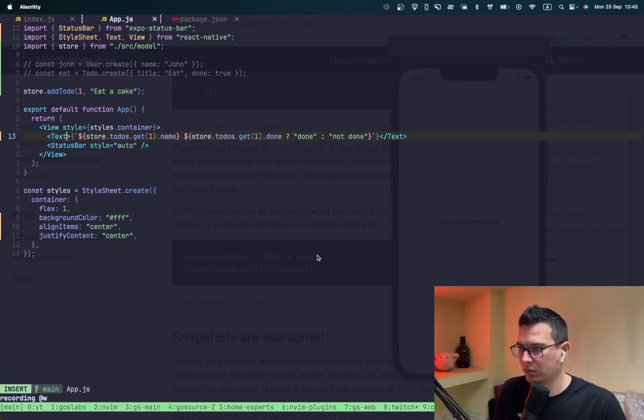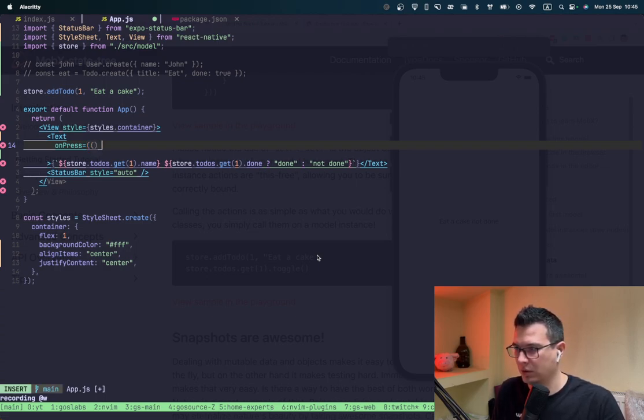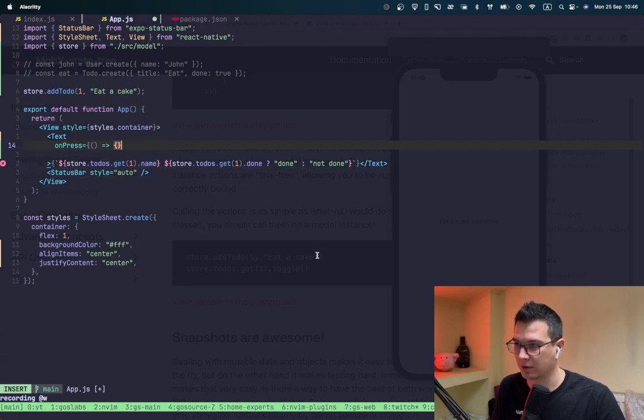But what we can do, we can add on press... I don't know, my right side of the keyboard lags, it's weird because I'm missing the keys all the time on the right hand. But anyway,